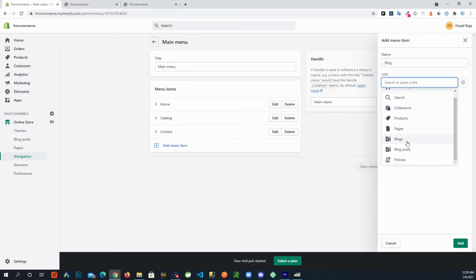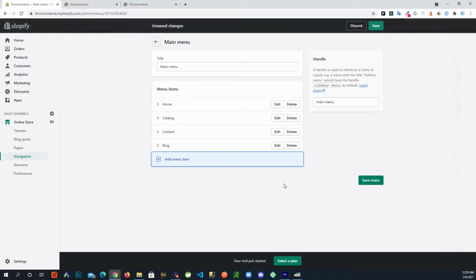So we want to create a link for our blog, like the blog that will have different blog posts under it. So if you click on blogs, it shows us this is the blog we created. News was the default blog that was there from Shopify. So I'm going to select this, add,